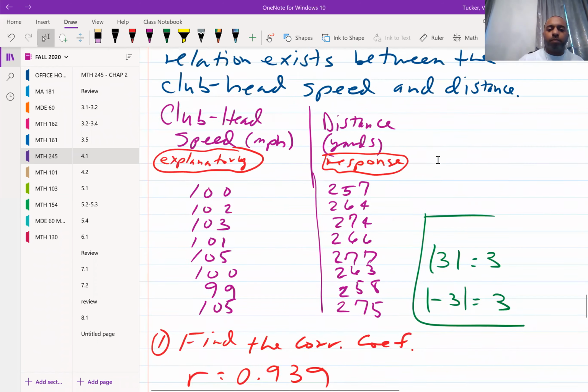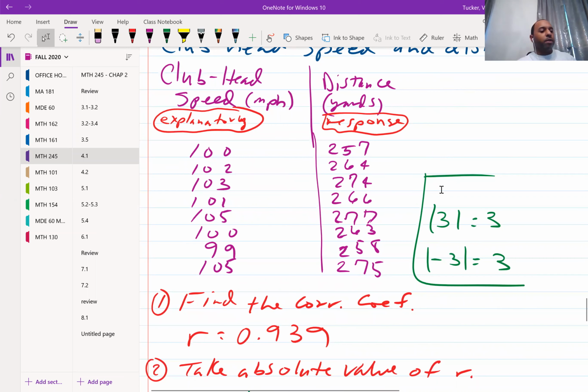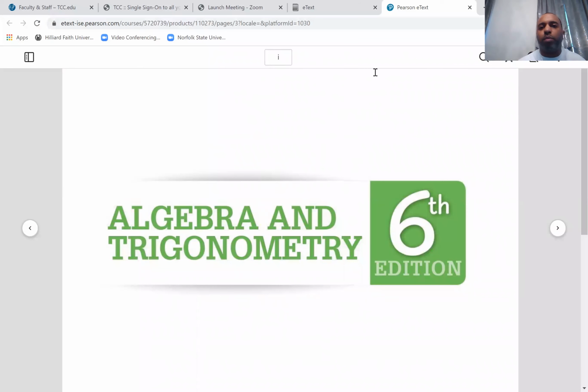All right. So find the correlation coefficient. I can take a picture of these data values and plug them in. So I'll show you how I would do it. Oh, that's why, I pulled up the wrong e-text. Gotcha. All right, so I would go